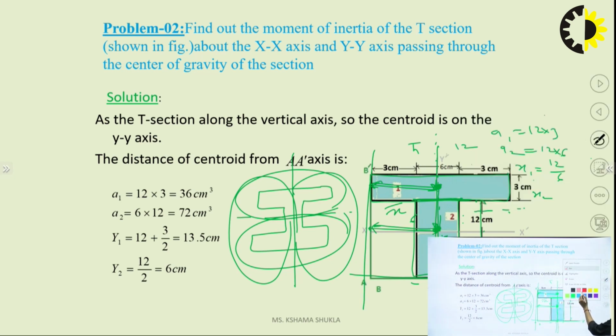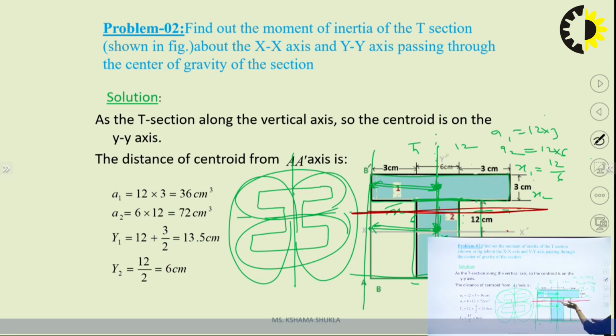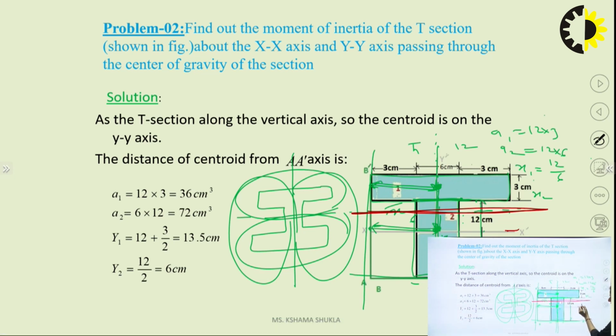see, if I cut it from here, okay, maybe the top is equal to the bottom. But if I cut it from here, I know that this value is less than this value, because the upper area is higher than the bottom area. So at that time, the neutral axis compulsorily shifts by some distance. So here I understand that it will not lie at the CG. The CG of this section and the CG of this section